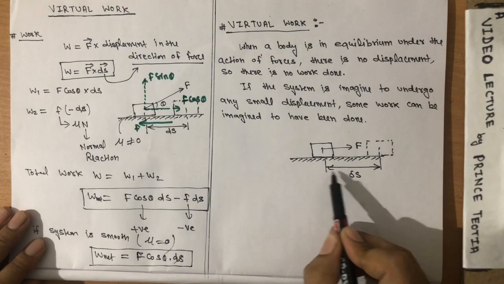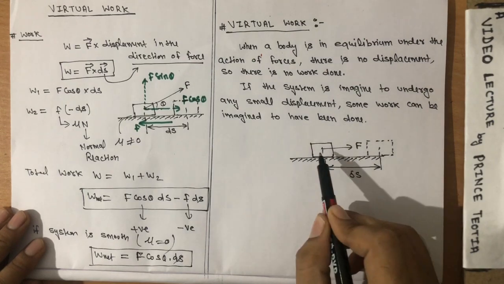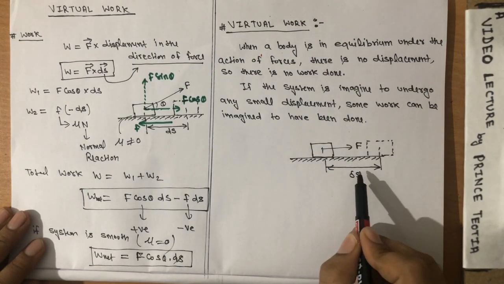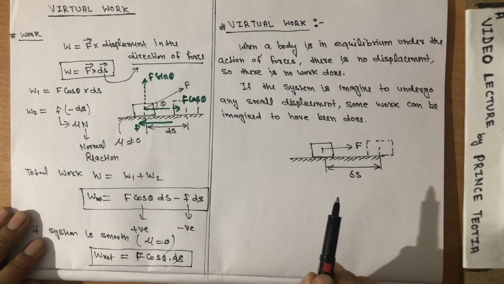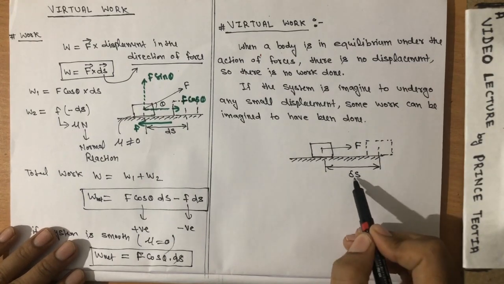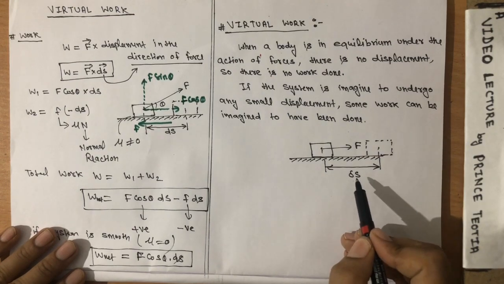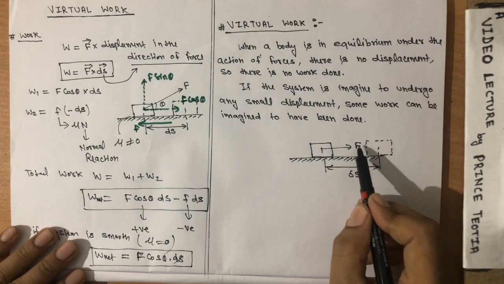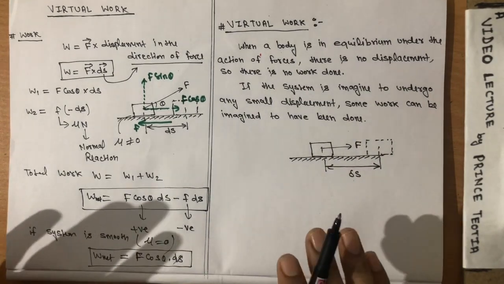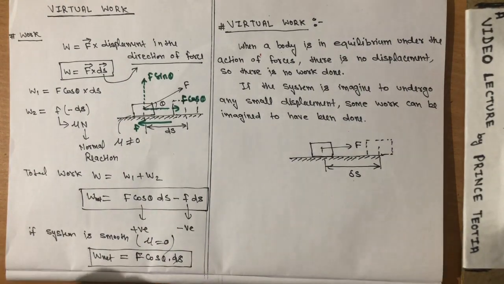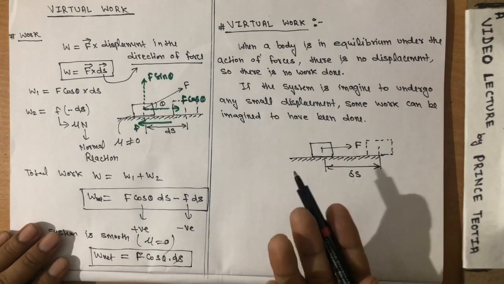Because we imagine that there is a displacement, in actual there is no displacement. But if we imagine, means there is a force and there is a displacement, so there will be a work. So the product of force and this imaginary displacement is known as the imaginary work, and that imaginary work is also known as the virtual work. In actual there is no work, we just assume there is a small displacement. Because we assume or imagine there is a displacement, the work will also be imaginary work.